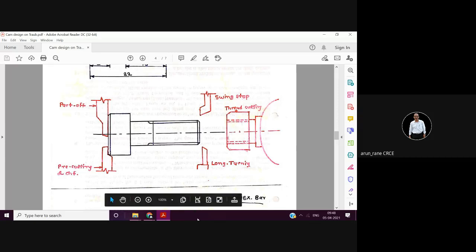Moment that is done, then you start with the turning operation, longitudinal turning. Now here there are two motions. One is you have to give the depth of cut. For that there will be one disc cam, and you have to do the longitudinal turning also. For that there will be a drum cam, correct? And that drum cam will be connected through the linkages. That's why here the name is given longitudinal turning.